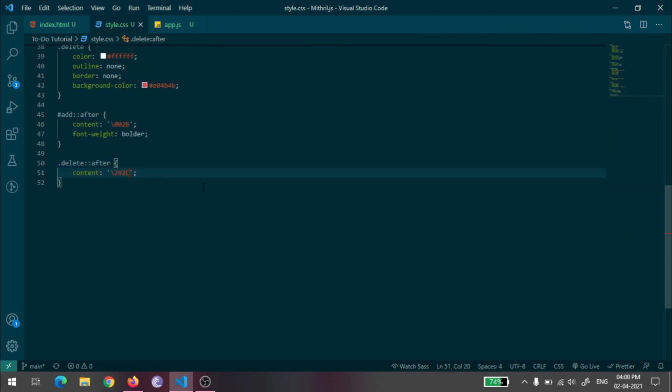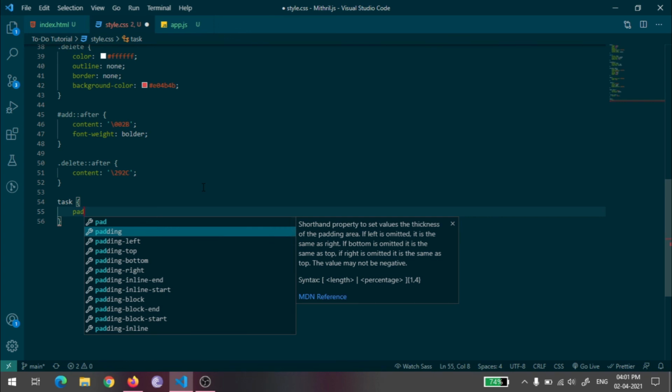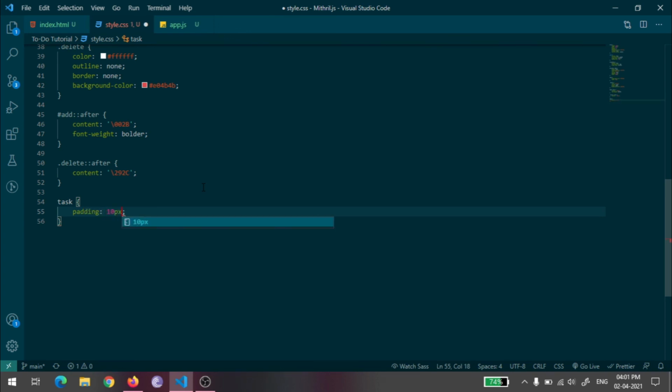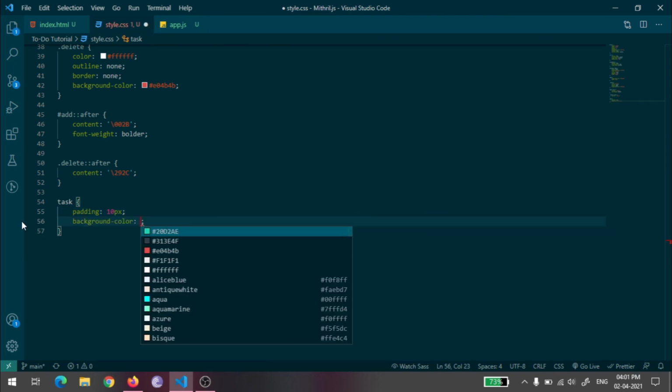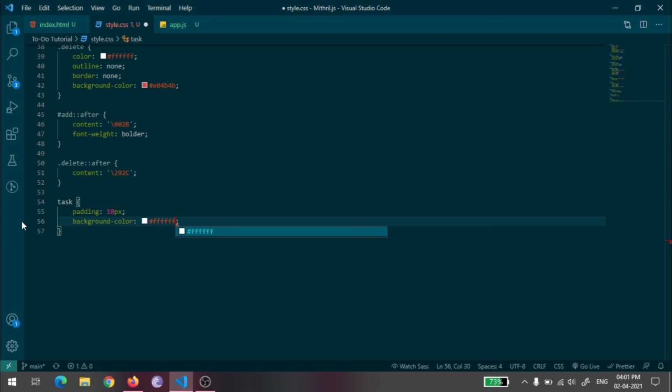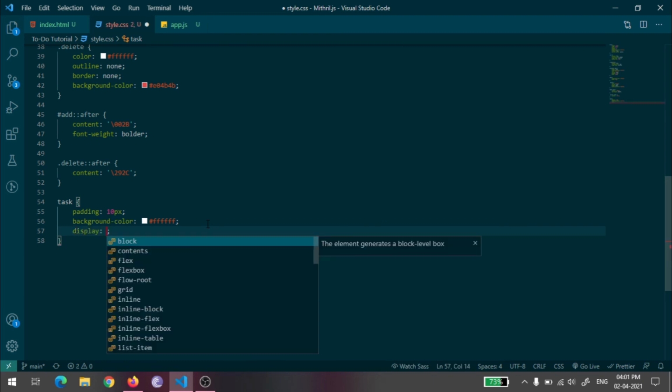So we are done with our input wrap, but inside that there is a task wrap. I want this to have, for task, let's say padding of 10 pixels. Background color of white in chart. Okay, sorry for that. Okay, that and display flex